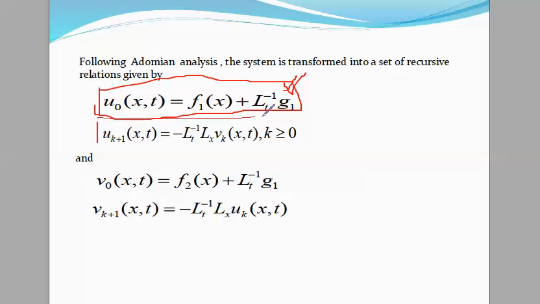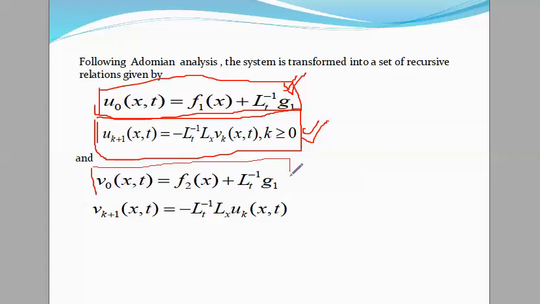और बाकी जो है आपके पास रिकर्सिव रिलेशन आता है, मतलब बाकी जितने भी टर्म्स आप लोग फाइंड कर रहे हो वो इस फार्मूला से फाइंड होंगे. That formula is called the recursive formula for the remaining terms of the unknown functions. तो once you put k is equal to 0 तो ये आपके पास u1 आ जाएगा, and for u1 we need v naught, और v naught आपके पास ये है, this is exactly v naught, the zeroth order solution for the second